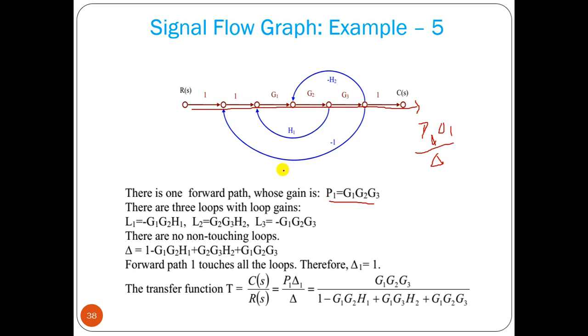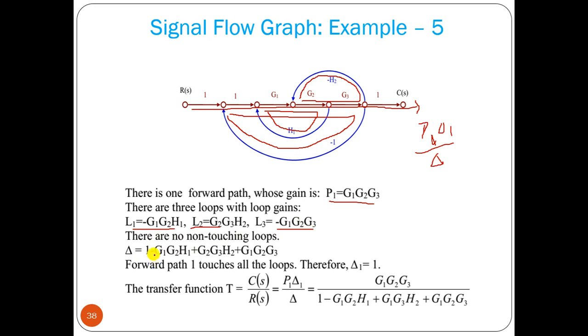This is one loop, G1 G2 into H1. Then we can have G2 G3 into minus H2, another loop. Then we have a bigger loop, that is G1 G2 G3 into minus 1, so minus G1 G2 G3. So we have 3 loops. Delta equal to what, 1